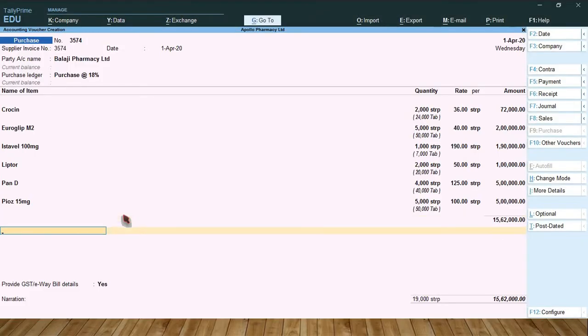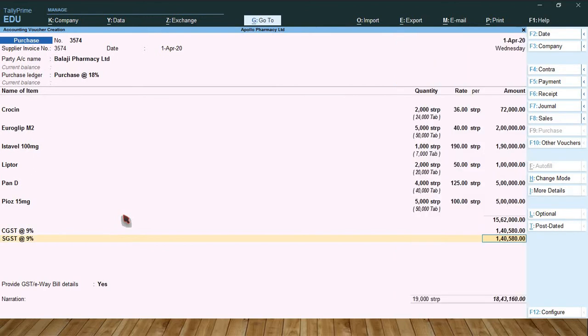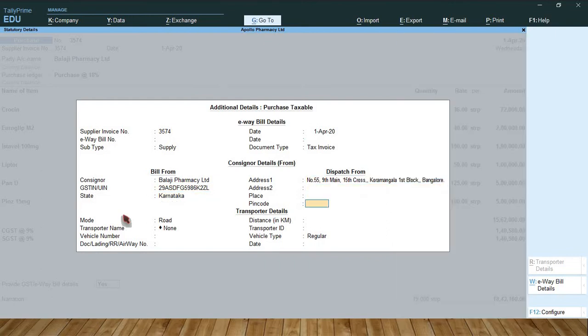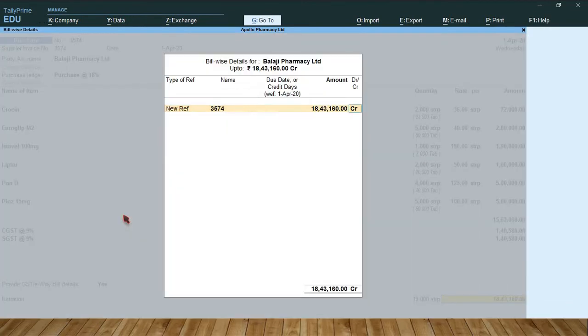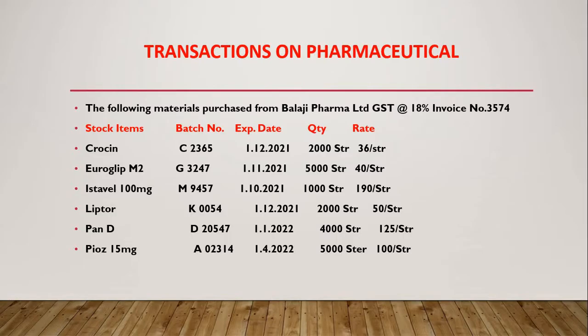Press one more enter. So now select CGST. Select SGST. Accept. Okay. So this is the purchase transaction in the pharmaceutical division. Next, move to